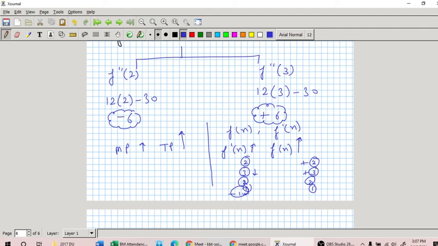So that is how we say that when your marginal product slope becomes negative, it means maximum has already been added to the total, and that is how we convince that this was maximum at this value of x. So that was your interpretation. The value of your function is maximum at x is equal to 2. Value was maximum at x is equal to 2 and value was minimum at x is equal to 3. The logic is same.